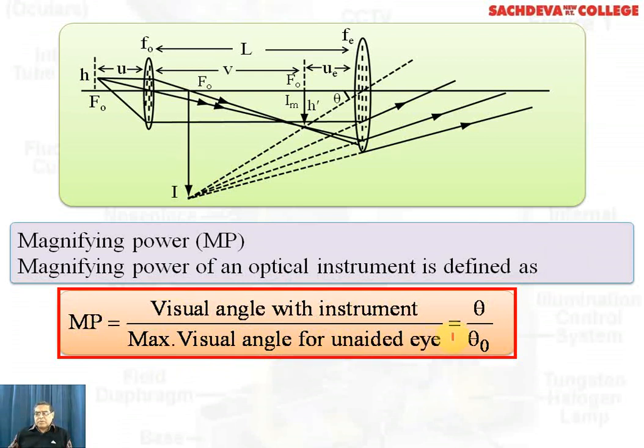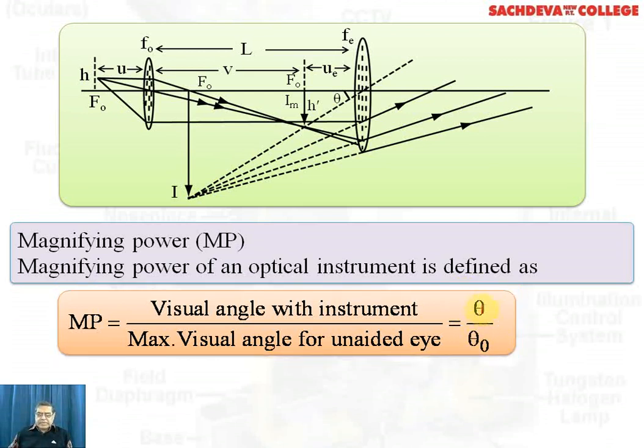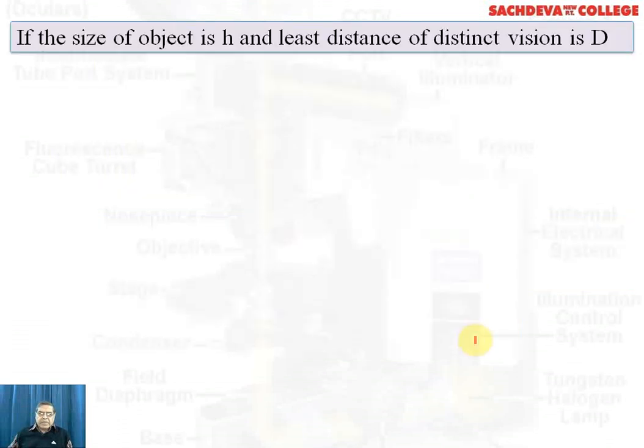Unaided means when the lens is not used, and visual angle with instrument means with a compound microscope. So two angles are given: with the instrument it is theta, and without the instrument it is theta naught. Theta naught is the visual angle without the compound microscope, and theta is the angle when we are using the compound microscope. If the size of the object is h and the least distance of distinct vision is d, that is 25 centimeters,